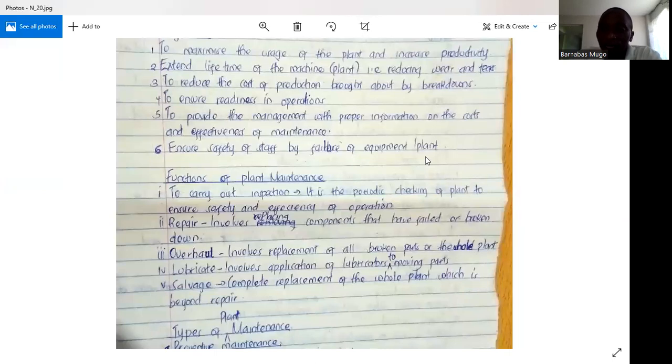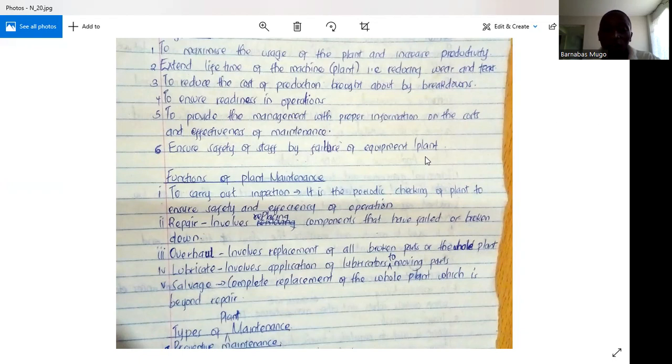Another function of plant maintenance is the overhaul, whereby we replace all parts of the machine that are broken or that have reached the threshold in their operation. We also do lubrication. We lubricate the moving parts of the machine during plant maintenance, and we also do salvage, which is the complete replacement of the whole plant, which is beyond repair. Those are the five main functions of plant